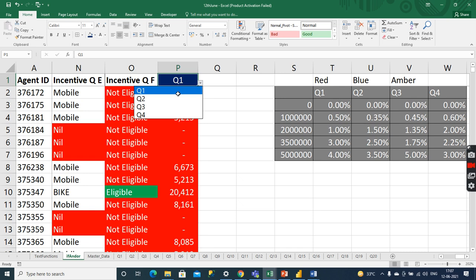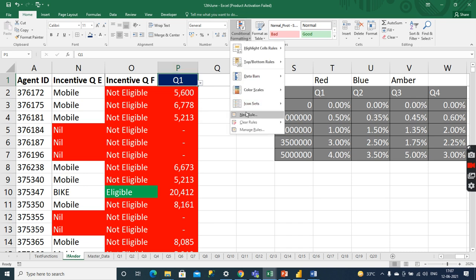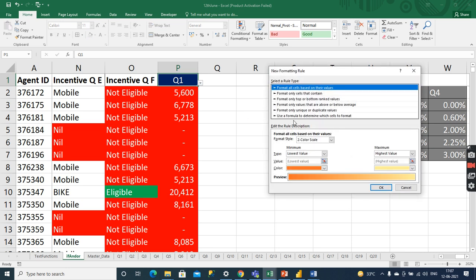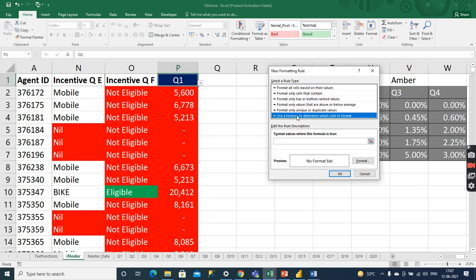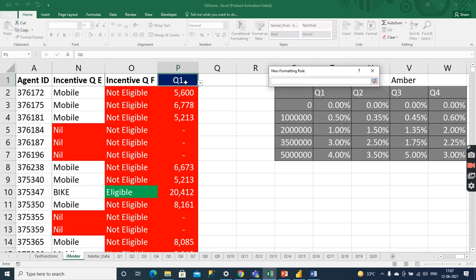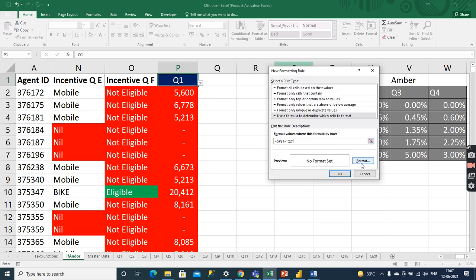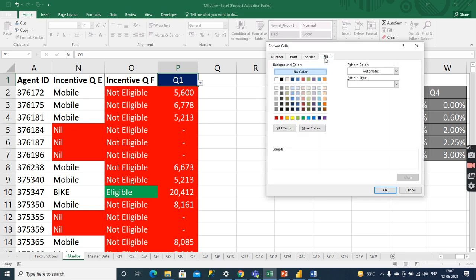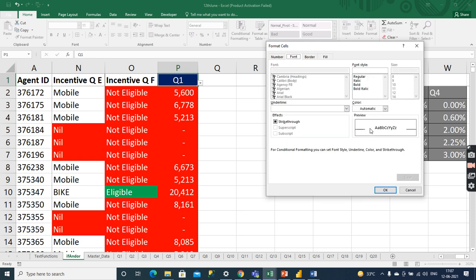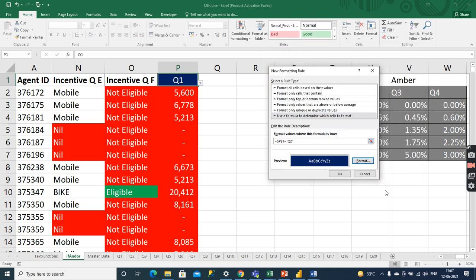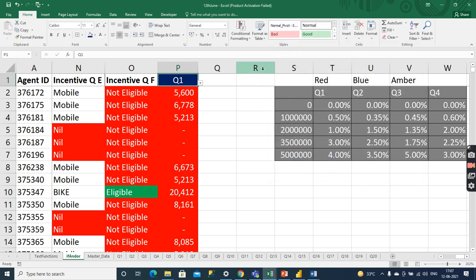Again I have to apply Q2 with the blue color. I will go again to conditional formatting, click on new rule, select use a formula, this equal to Q2. I have to highlight by blue color, with font white.